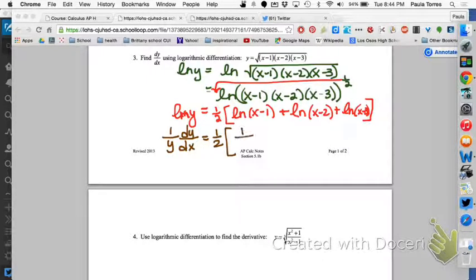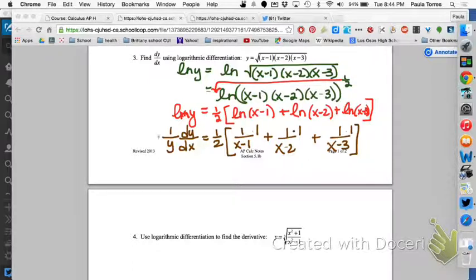So I'll have 1 over the stuff times derivative of the stuff, and 1 over the stuff times derivative of the stuff, and 1 over the stuff times derivative of the stuff. And so when I simplify,